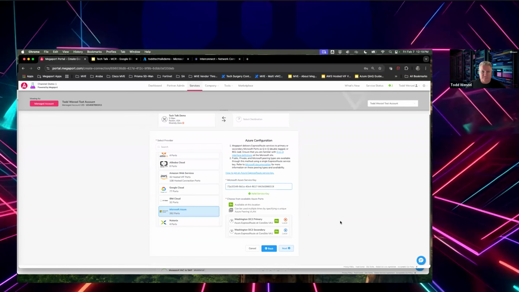All right, I was thinking quite a while and I was a little bit concerned that maybe something was wrong, but I'm glad to see that I do have my options. When you're building an express route, Microsoft automatically assigns that express route to two different routers on the Microsoft side. And you can see the primary and the secondary. So the primary is mapped to the Megaport red zone. Secondary is mapped to the blue zone. So if I deploy an HA pairing of an MCR and I have a red and a blue MCR, I would want to make sure that I map my red to my red and my blue to my blue from an Azure perspective,